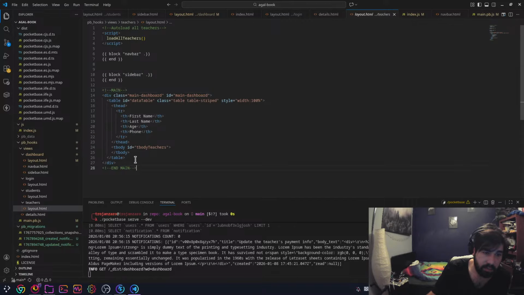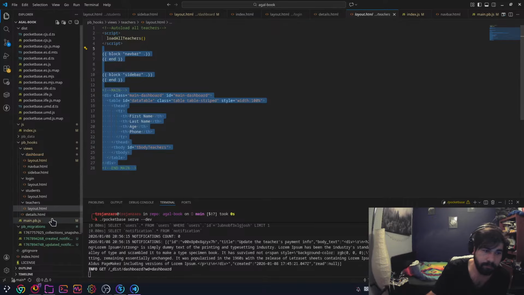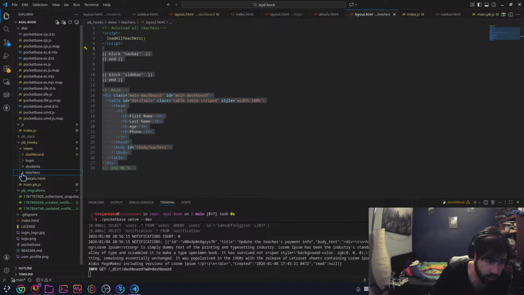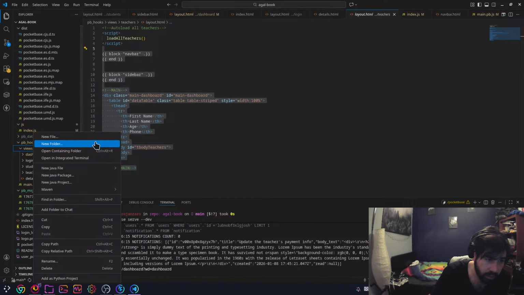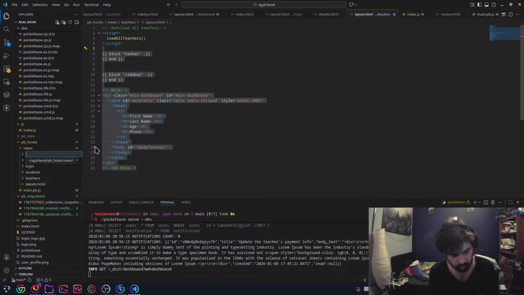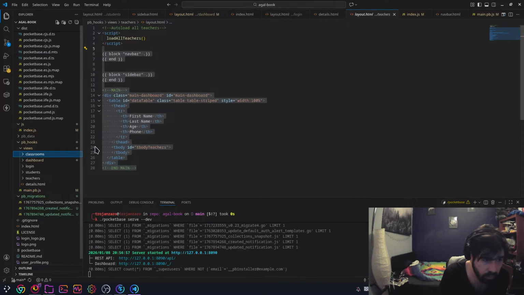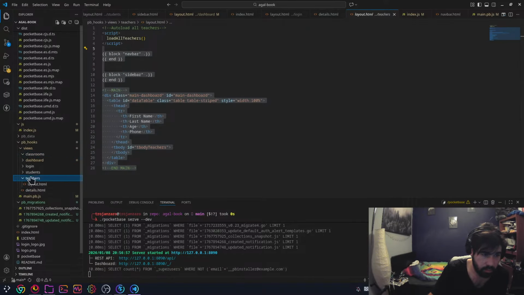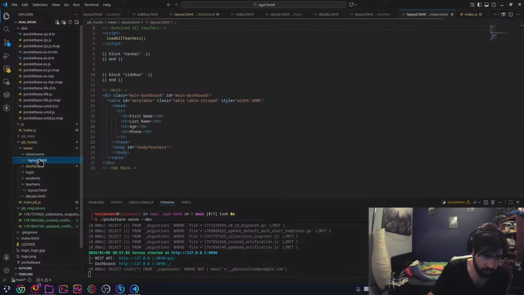Nav bars and sidebars. Let's do it just like them. Dashboards, login, students, teachers, and now a new view called classrooms. So here we're going to just grab the whole thing.